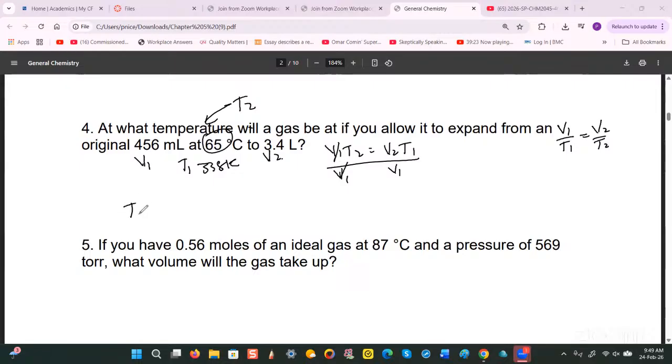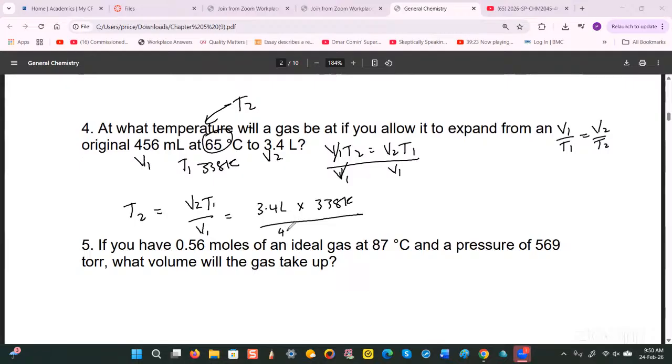So the equation that you're going to work with is T2 is equal to V2T1 over V1. And then you put the numbers in, right? So the volume that you're given for V2 is 3.4 liters times T1, which is 338 Kelvin. And then we divide all of that by V1, which is